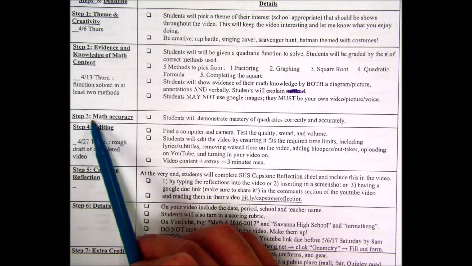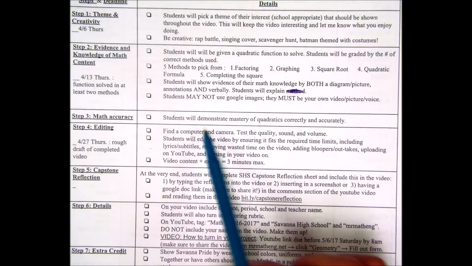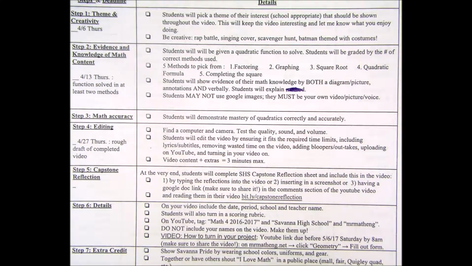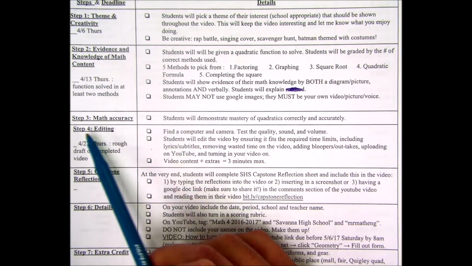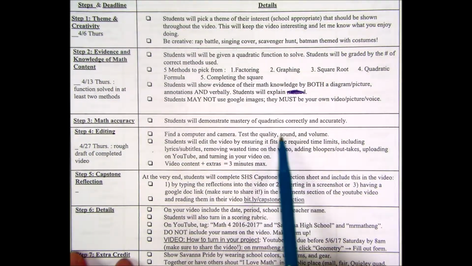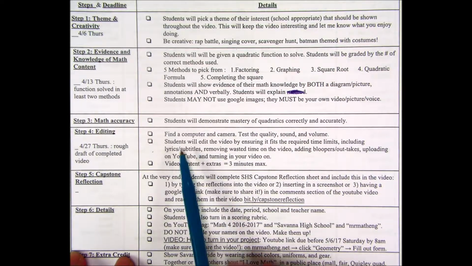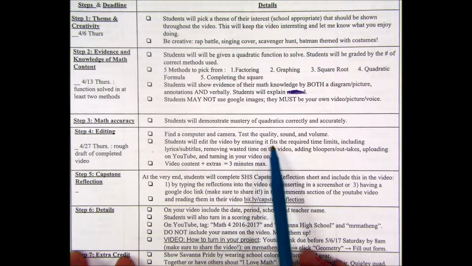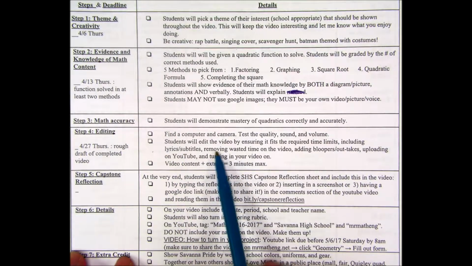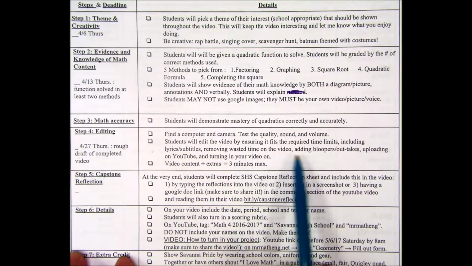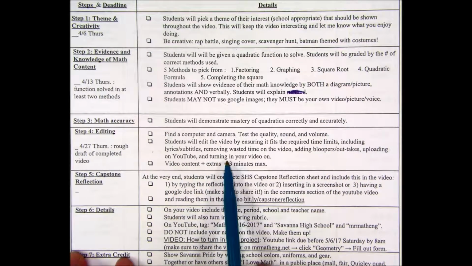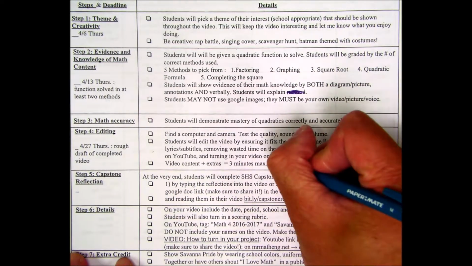Step number 3, math accuracy. Students will demonstrate a mastery of quadratics correctly and accurately. Okay. Step number 4, editing. Find a computer and camera, test the quality, sound, and the volume. Students will edit the video by ensuring it fits the required time limits, including lyrics and subtitles, removing wasted time on the video, adding bloopers and outtakes, and uploading on YouTube and turning in your video on, that should say,